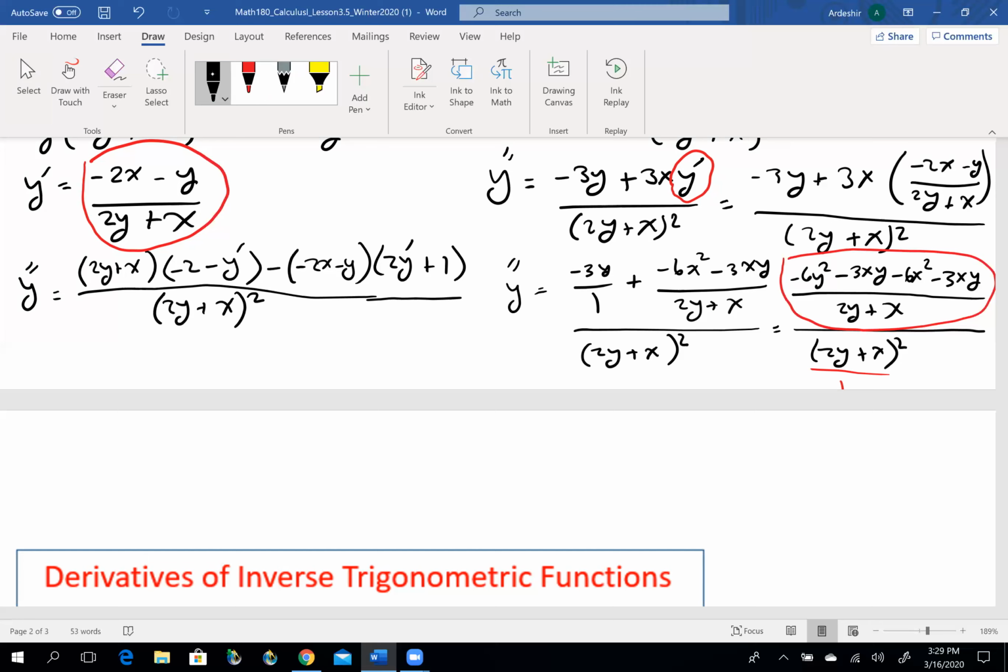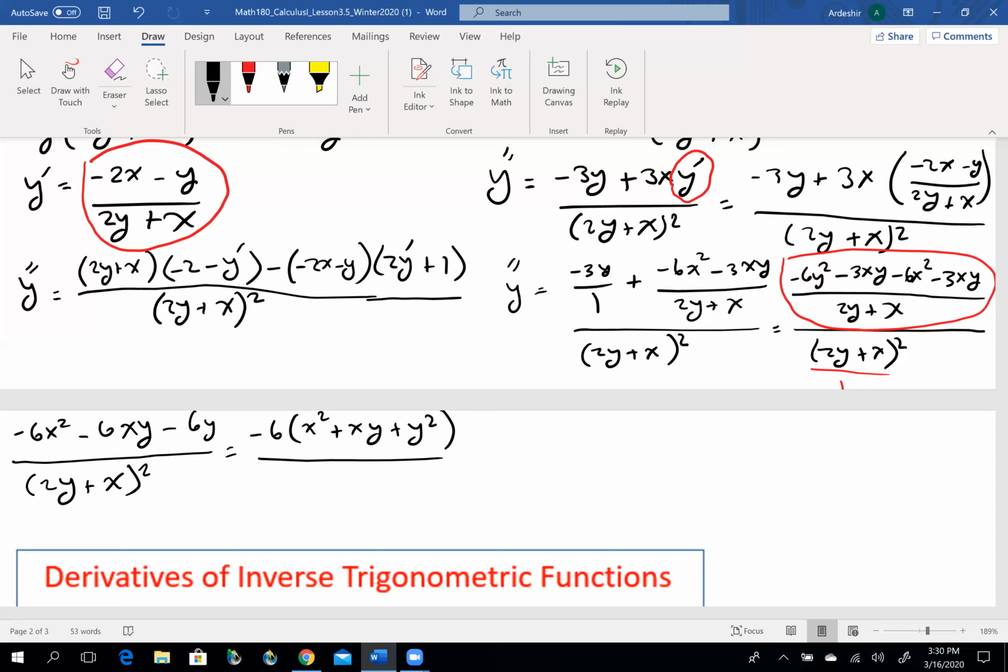So let me ask you guys this. I can rewrite this as negative 6x squared. Okay, guys, negative 3xy minus 3xy is going to be negative 6xy, and then minus 6y squared, and then over 2y plus x squared. So now I can factor out negative 6. If I factor out negative 6, it's going to be negative 6 times x squared plus xy plus y squared